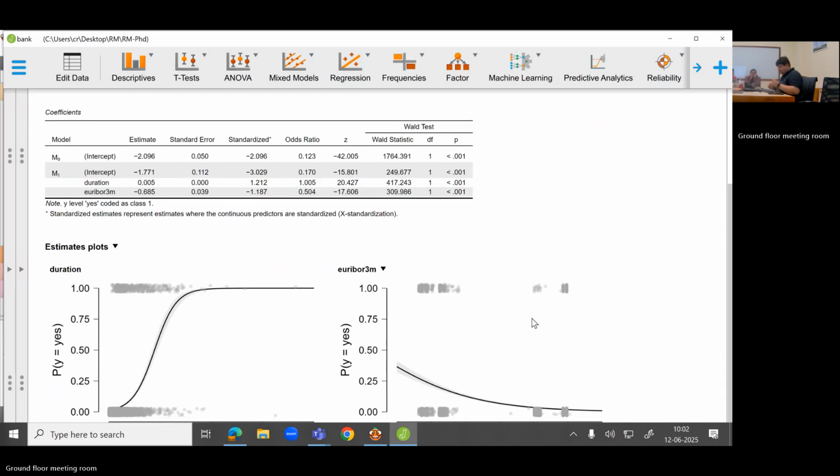Okay. Now, this particular technique which we are talking about is